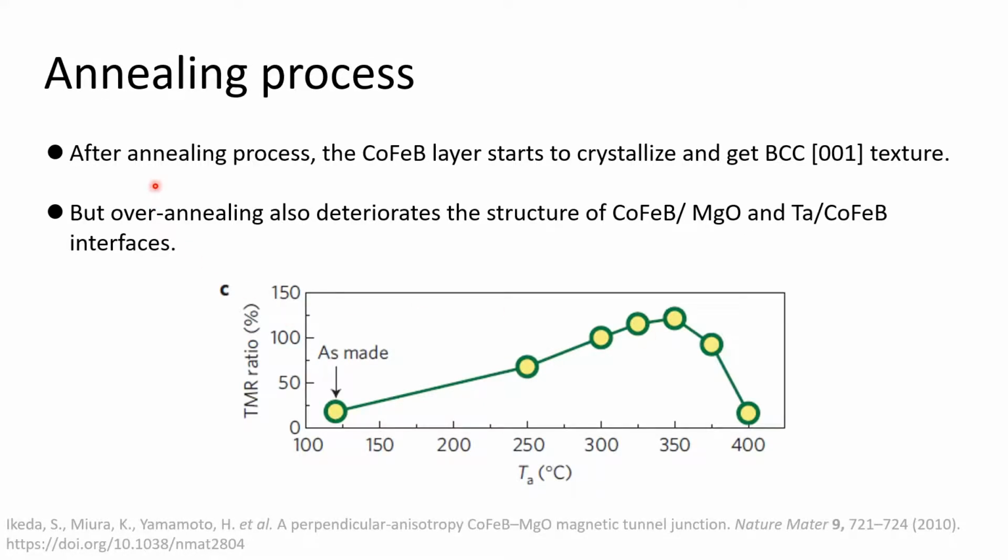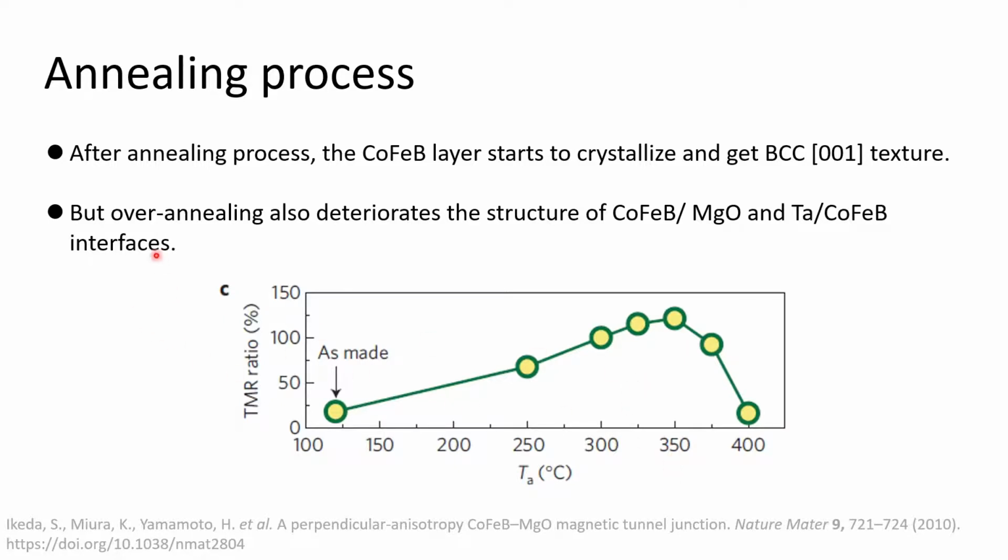And so we need some annealing process to make the amorphous CoFeB crystallize and get the BCC 001 textures. The picture of the TMR ratio and the annealing temperature is shown like this. We can see that when the annealing temperature goes up, the TMR ratio goes up to some value at about 350 degrees, and this is because of the crystallization of the CoFeB into BCC 001 textures, but over some annealing temperature,